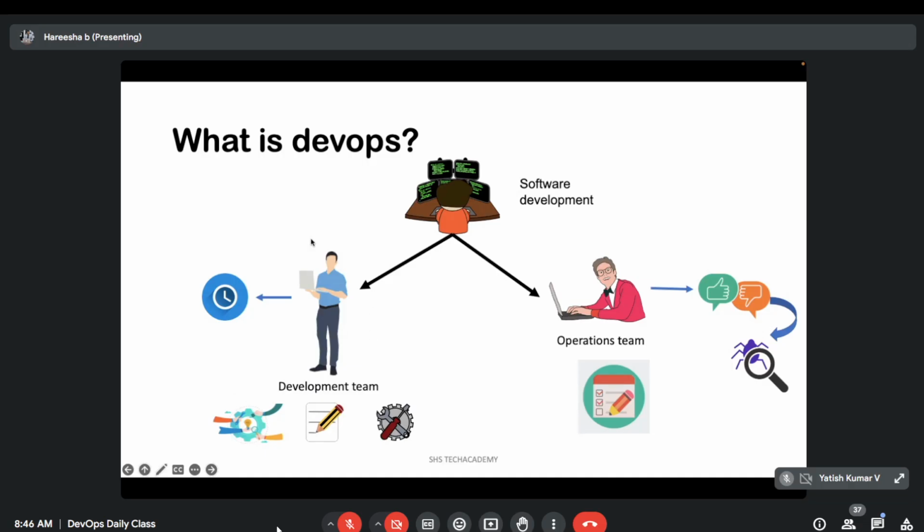you have developed your code over, say, 3 months. After that, you hand it over to the operation team, and they give the thumbs down because it's not working. Then again you give it to the development team, and they start debugging line by line; again it will take one more month. Then you give it to the operation team, and if it's still not working, the same cycle goes on for years and years. Then